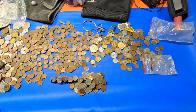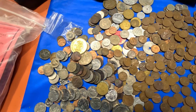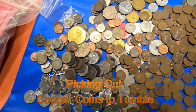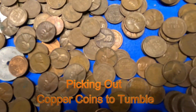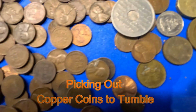Okay, so I've laid out about a year's worth of metal detected finds here. This is a lot of the coins, and I found a lot of them are foreign coins, found from beaches and stuff like that. I have a lot of wheat cents in here. But what I did was